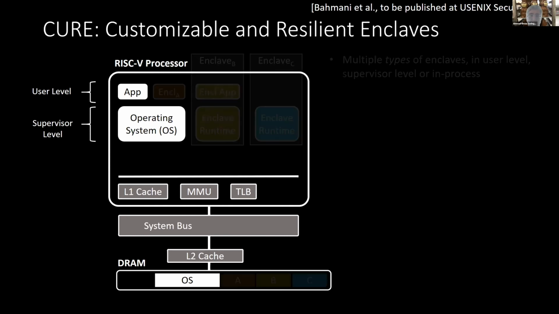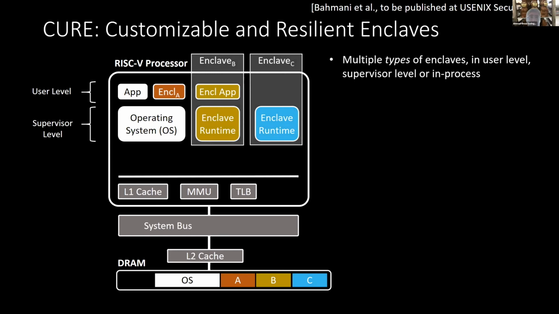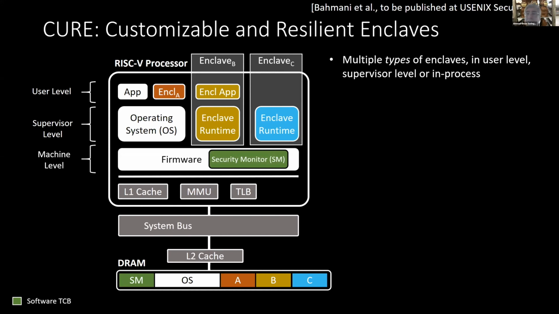So sometimes you want to have an enclave at the user level. Sometimes you want to have an enclave at runtime. Sometimes you want to have an enclave which is bare metal. That means it is running directly on your hardware. So how do you do that? You need to have a very flexible, configurable system. And this is what we tried to do. And this is going to be published at Usenix Security 2021. The paper got lots of praise because, unfortunately, at security conferences, attack papers are more popular than constructive papers.